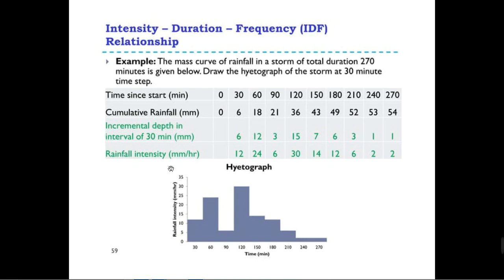So the incremental depth for each 30-minute interval: we subtract, 6, 12, 3, 15, 36 minus 12, 21, 40, 54 minus 30. So the rainfall intensity